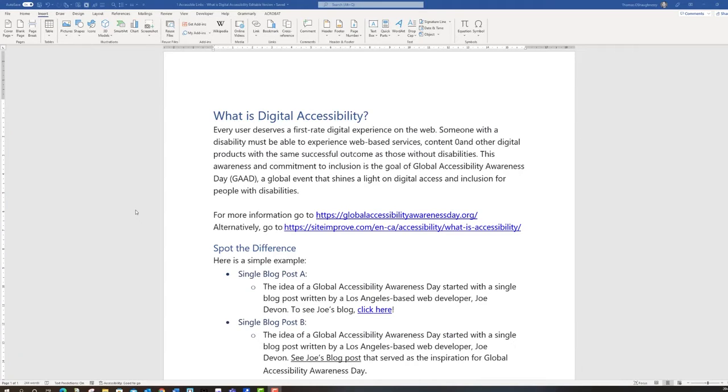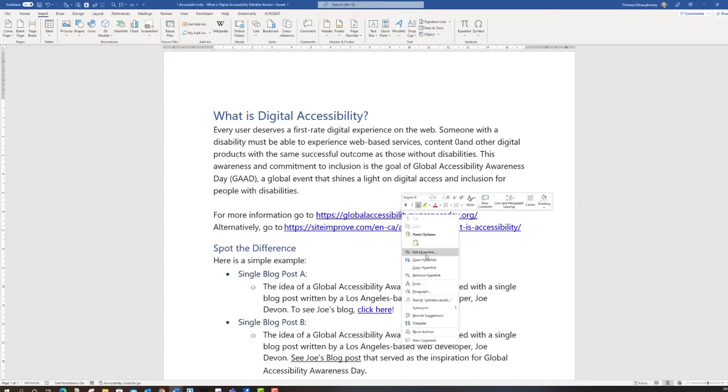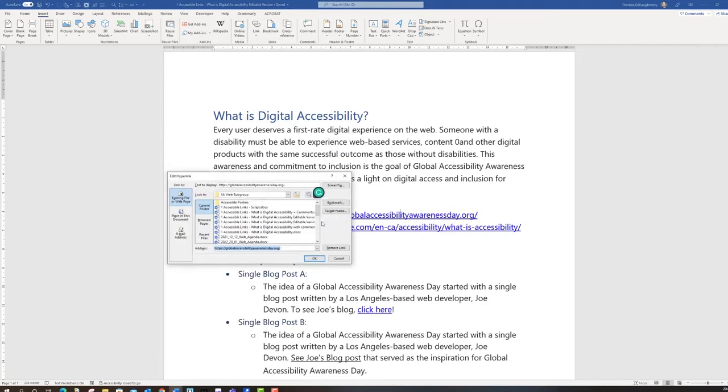To start with, we'll go to the two links at the top of this page. As you can see, these links are not descriptive links, but web addresses copied in verbatim. To edit any of these links, simply right-click on the link itself. So if I right-click on this link and click Edit Hyperlink, this will allow me to edit the text displayed with this link. So we want the address to stay the same, but we want to change the text that